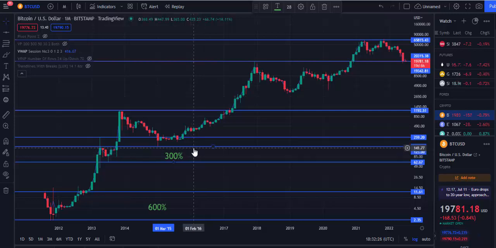So 150, that's 300 is 100%, 450 is 200%, 600 is 300%, 750 is 400%, 900 is 400%, 1050 is 500%. So this other one here, this one that happens in November 2013, would have given you